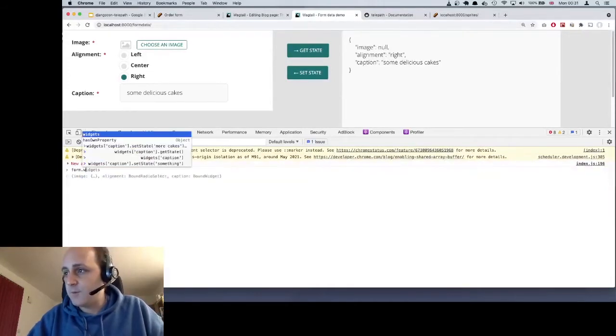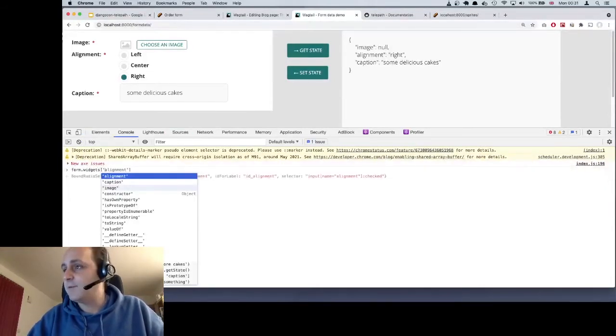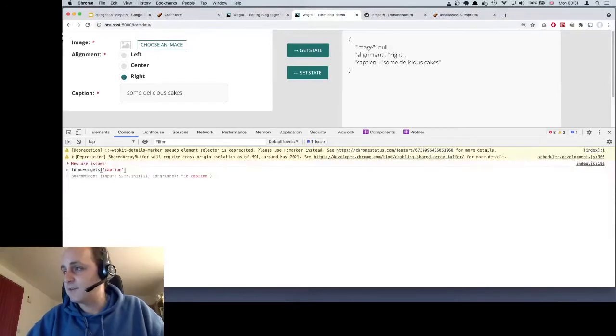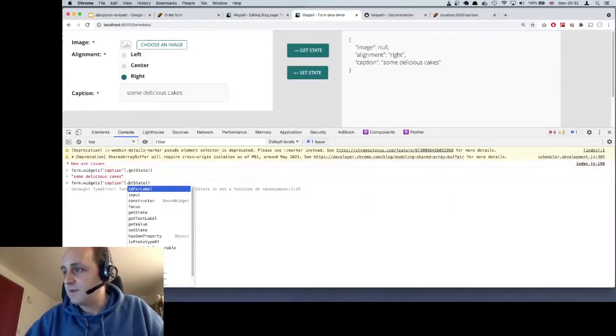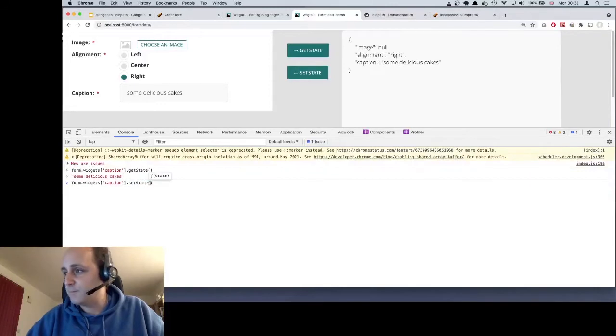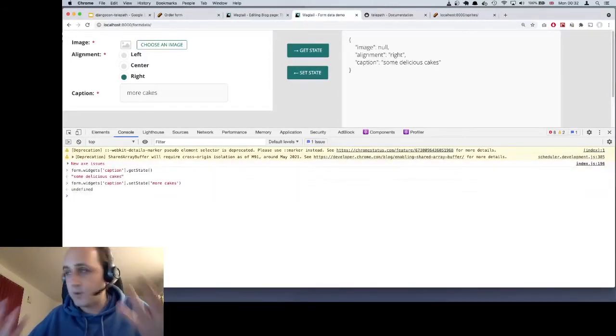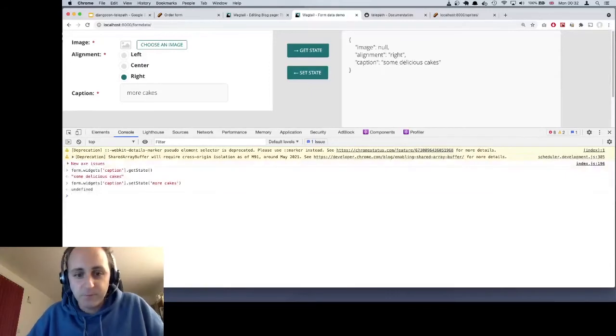We can say form.widgets, and if we get the caption object, get its state, and then set its state to something else. And then we've got a full JavaScript API to do any kind of data level